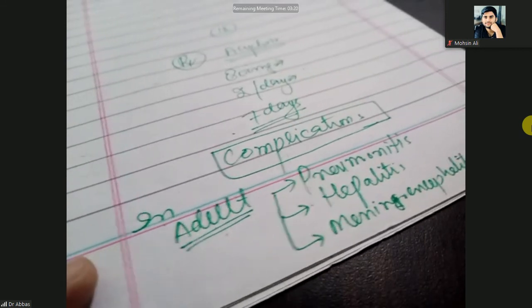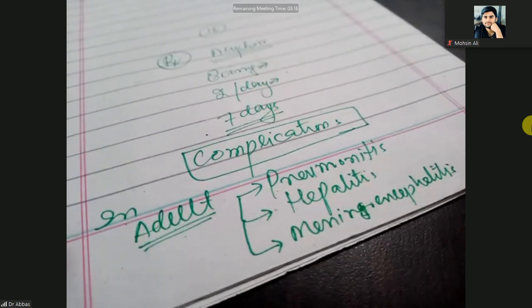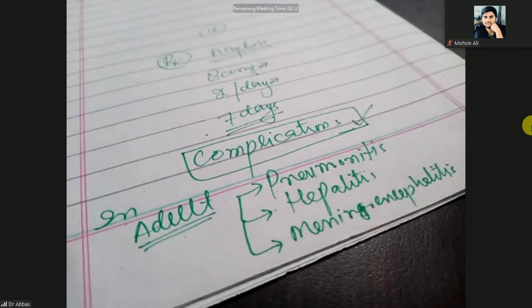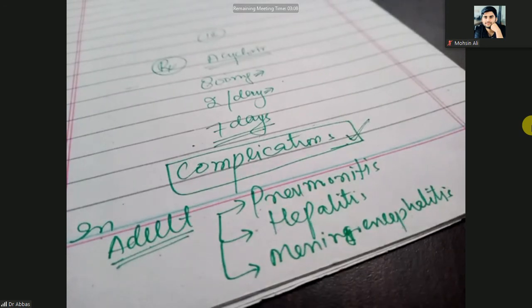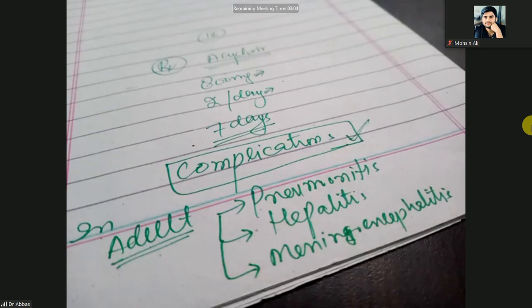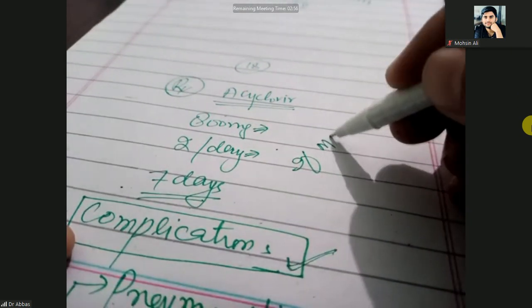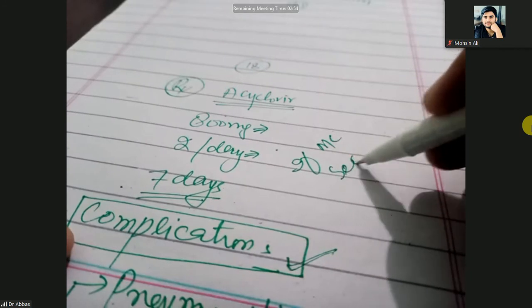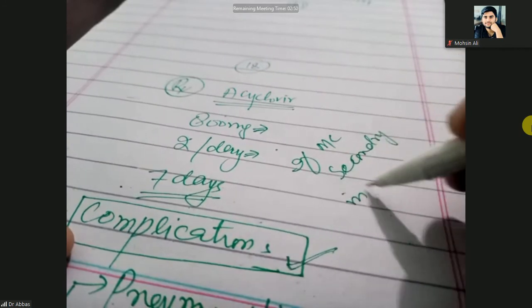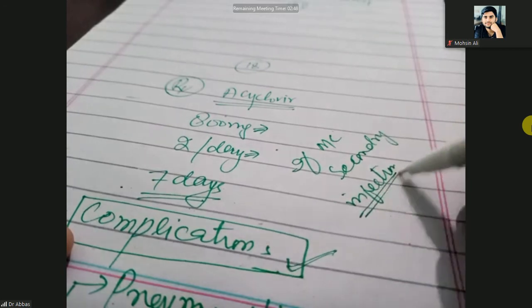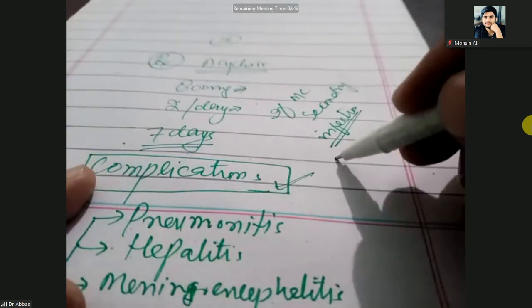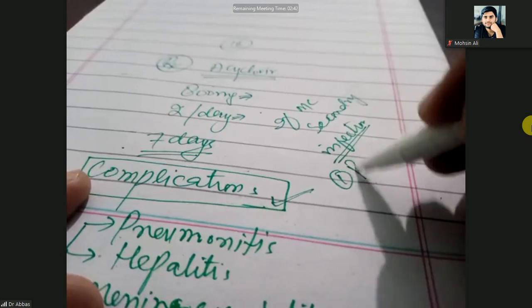Meningoencephalitis. So therefore, you need the treatment. And most commonly, these complications occur in the secondary infections. So that will be pain, pruritus, post-inflammatory pigmentations, and scarring. Clear? So if there are secondary infections, most common secondary infections, what are the complications? When there are secondary infections, the complications are the pain.